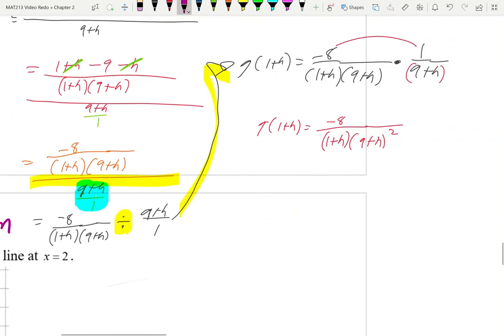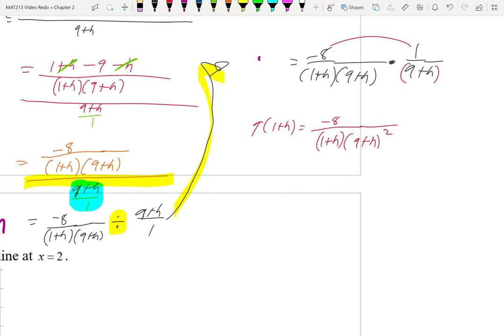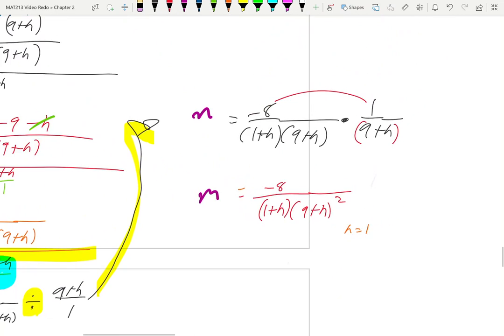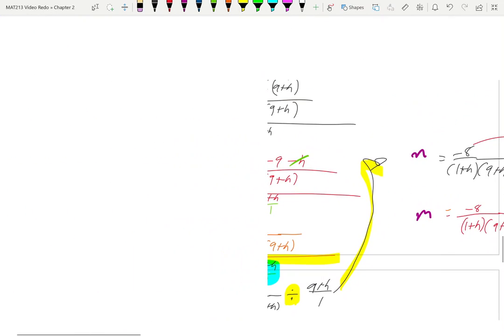That was supposed to be slope. And that is the slope. And what are we getting here? Slope again, which results in slope. So what did we just create? Our slope formula, right, with h. So therefore, I can sub in any number I want. I can sub in, for example, h equaling 1, and I just have to remember, what did I just figure out? Well, if we started with our function,